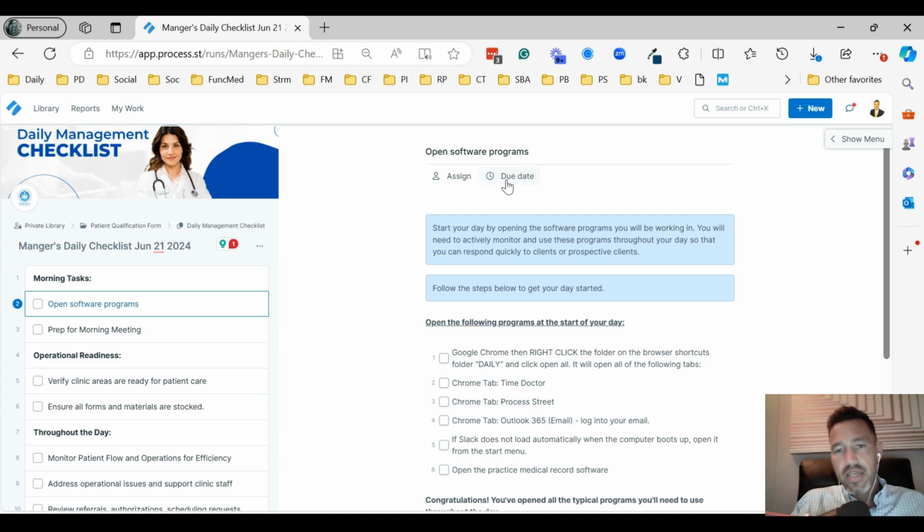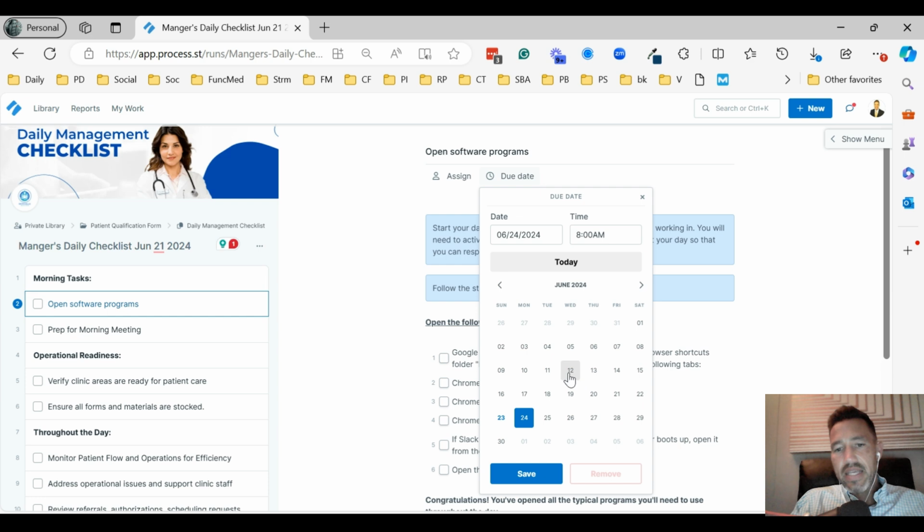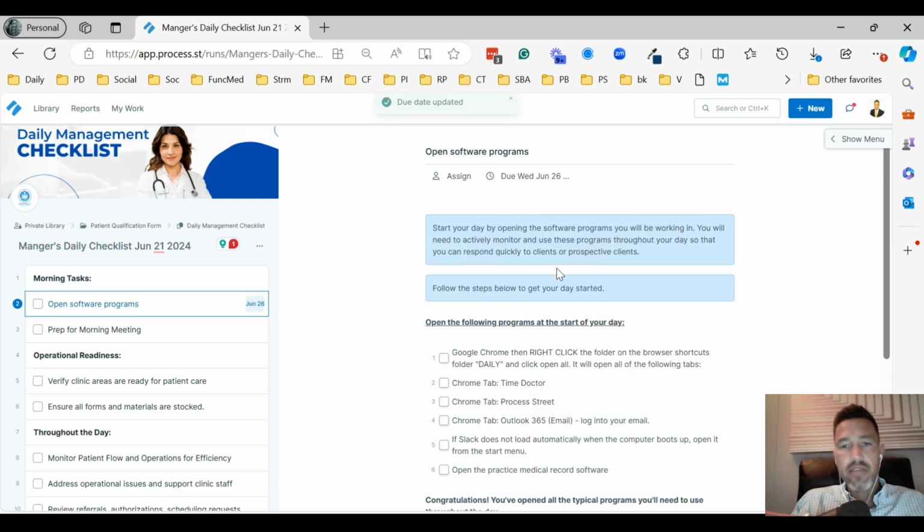You can select this, and you can actually choose the next date that you would like this process, this task or this step in the process to be due. So I can hit save, and then you can see due date updated, and it's set here. Notice the first task here on the morning tasks is to open software program. You can see I set it to June 26th, but we're just going to do it for today. But just as an example, you can set due dates,